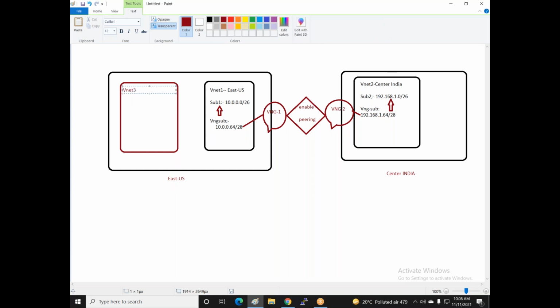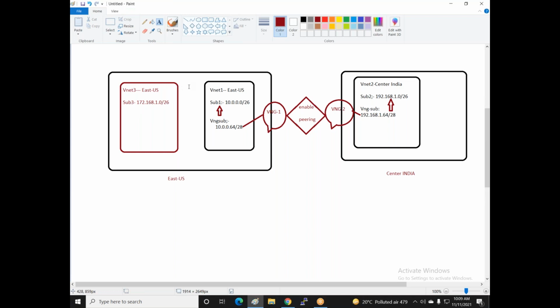I create VNet 3, available in East US, and its subnet is called subnet 3, and subnet 3 is 172.168.1.0/26.